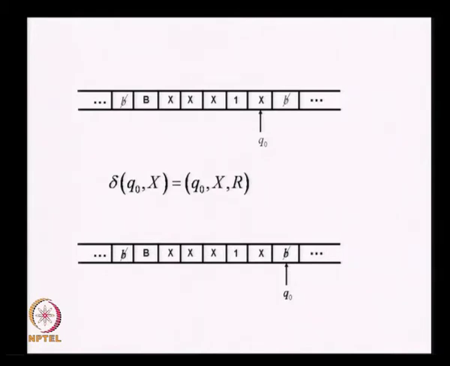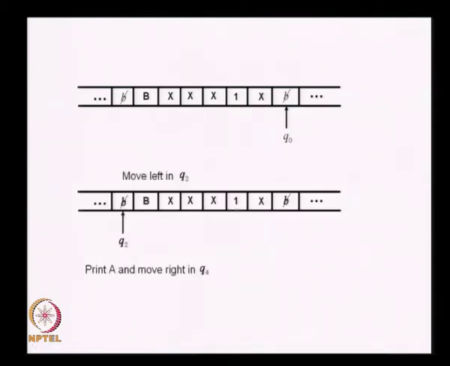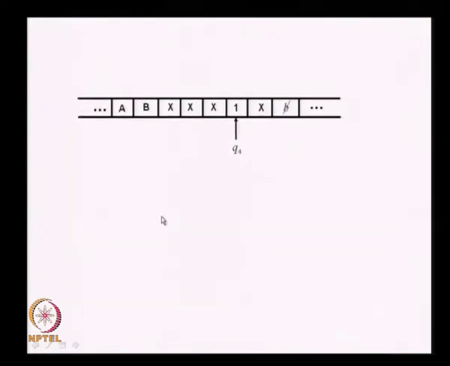Now, in this position it reads the blank in state Q0, that means it has encountered an even number of 1s. So, it moves left in state Q2 and when it reaches the blank cell here it prints A denoting a 0. So, in this position it just starts moving left and the state is Q2 now, it moves and at this position it prints A and moves right.